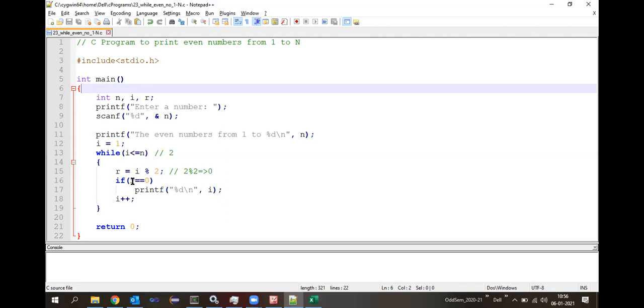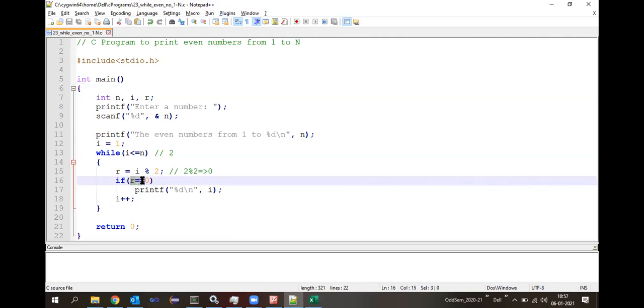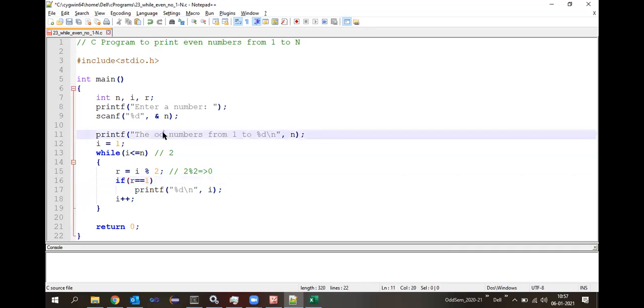So here, this is the place. Look at here. The entire program will remain the same. Only the part we modify is the if condition. So here we need to filter out only the odd numbers. If I make this remainder equal to 1, what is going to happen? If the remainder is 1, then only you print it. If the remainder is not 1, then you don't print it. We know that if the remainder is 1, that means the number is an odd number. So I'll just modify here to print odd.